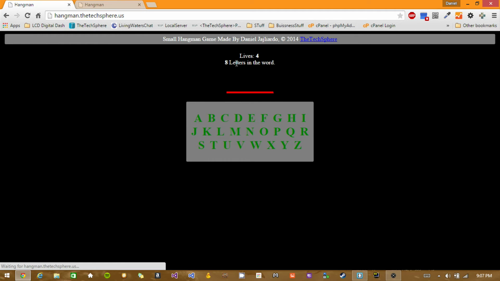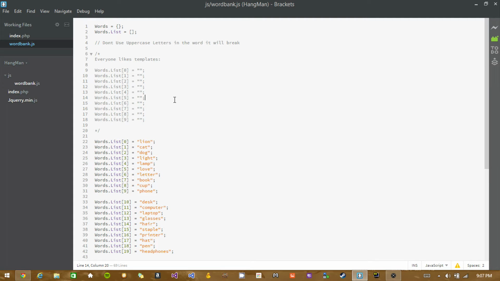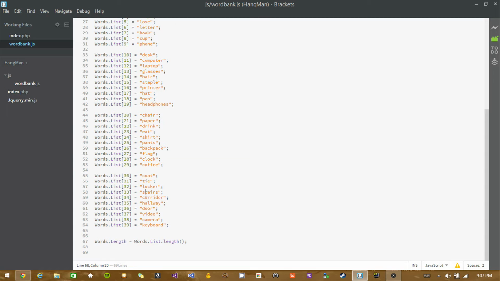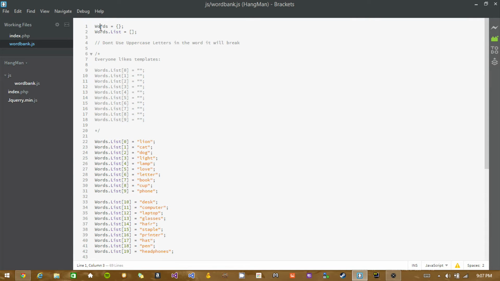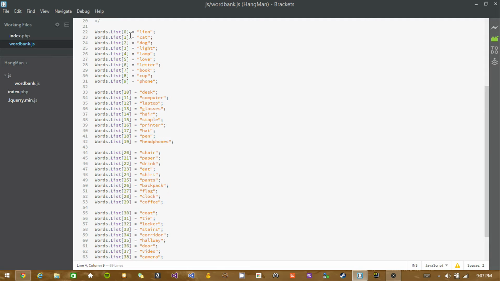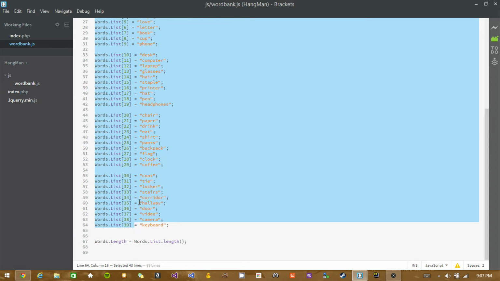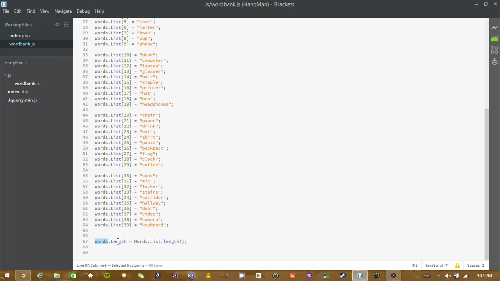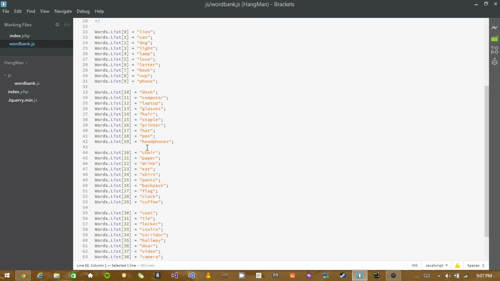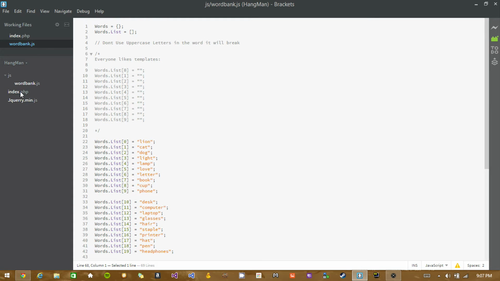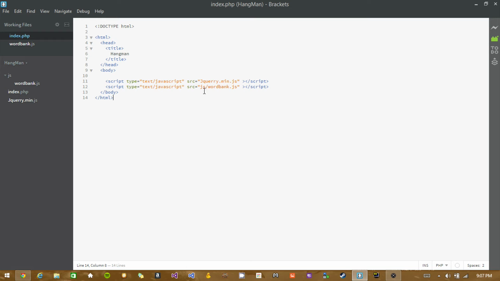Paper. Okay, so it's a list of 40 words. That's what this is right here. It's got 40 different words in here. Basically words is equal to an object, and words.list is equal to an array, and then the array contains 40 different items, and then at the bottom I have words.length is equal to the words.list.length, so it actually gives us the length of the list. And then I am importing jQuery, so we can use that when we do button detection,